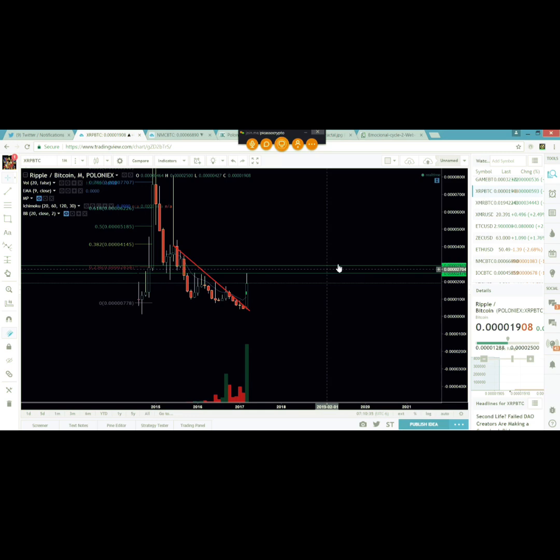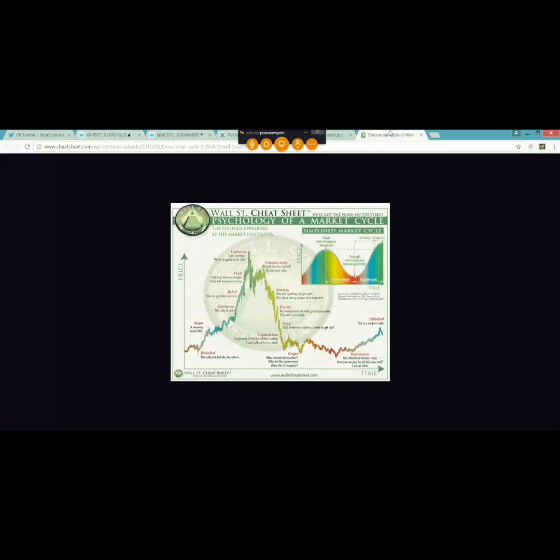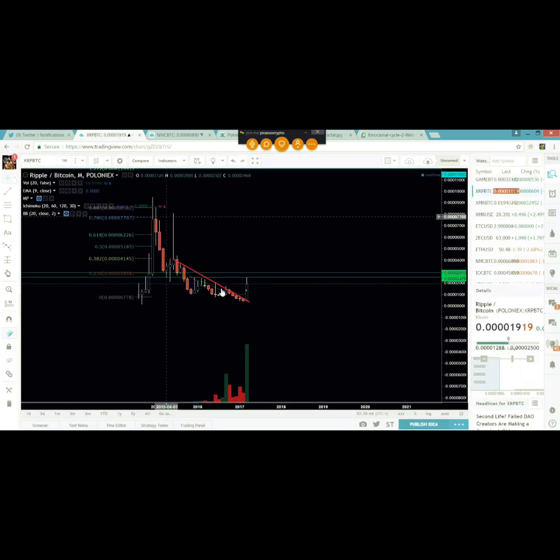We're looking at a big monthly chart here from a big previous emotional bubble that happened here. Now, when this happened, it just stayed in downtrend for a long time, but eventually that red line is going to snap. And when that red line snaps, you get a new market cycle that comes. Okay. And I saw this red line snapping back 3 weeks ago when I first put the signal out to the WhatsApp group that it was breaking here, and about 500 was a good entry on this because it broke this line. Okay. And there was a new market cycle that was going to begin for Ripple.